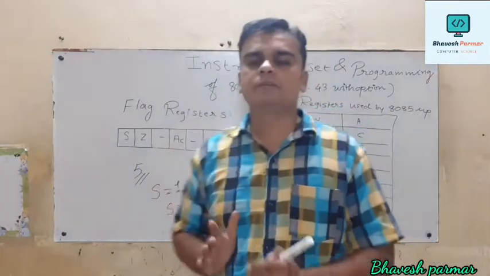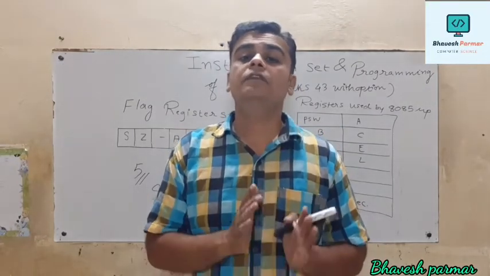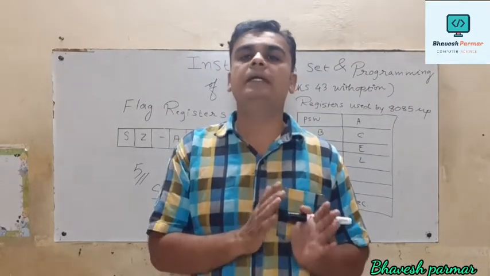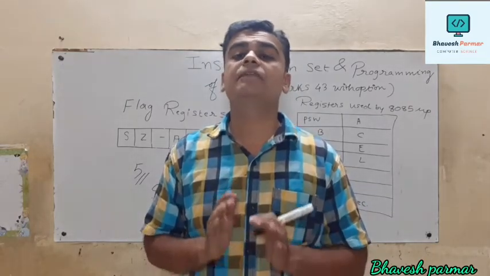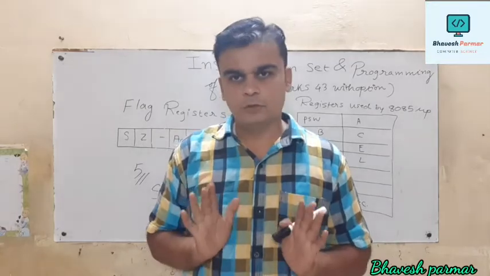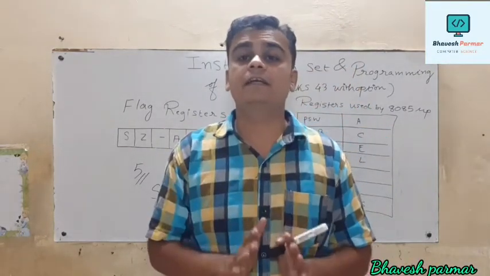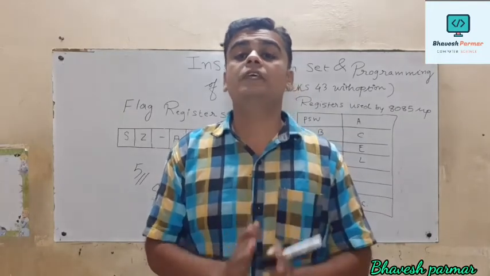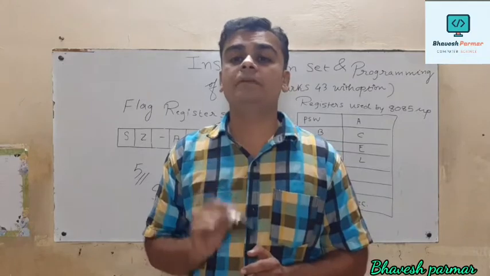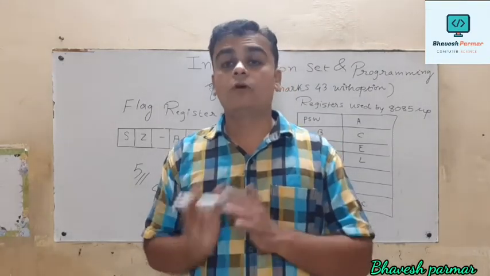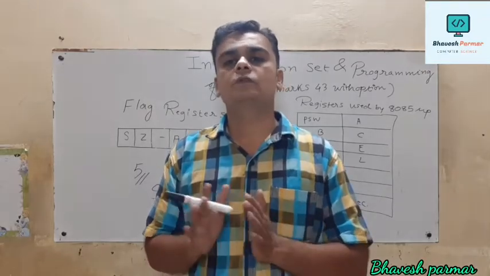Thereafter AC flag. So when we perform any kind of operation, what happens? If a carry gets generated from bit D3 to D4, only in that situation your AC flag is equal to 1. Got it guys? Now next is our P flag. P flag is affected if our result consists of an even number of 1s. So it is called even parity, and in that case your P flag is equal to 1. For odd parity, means for an odd number of 1s, your P flag is equal to 0.